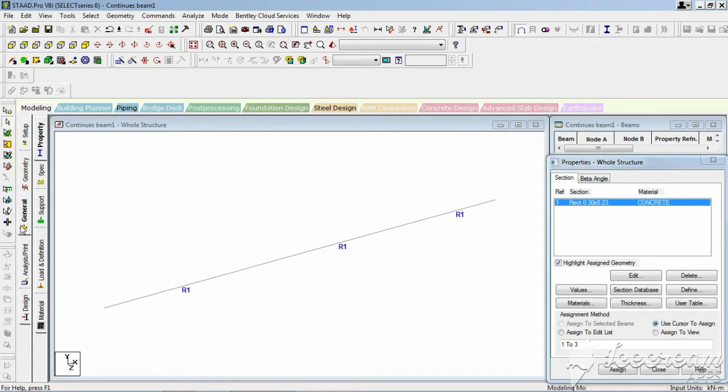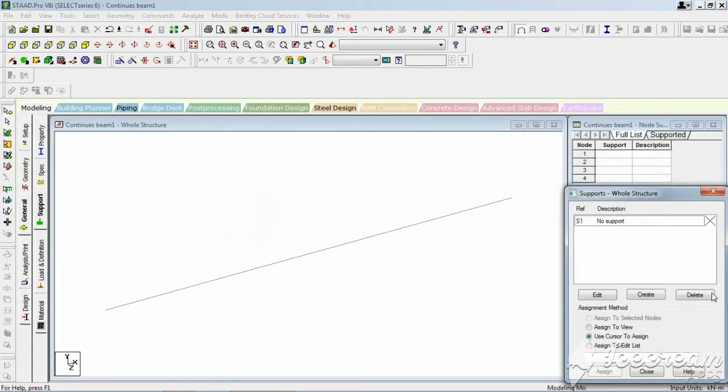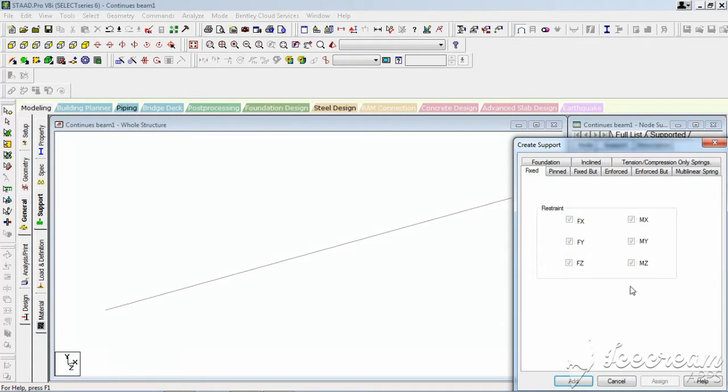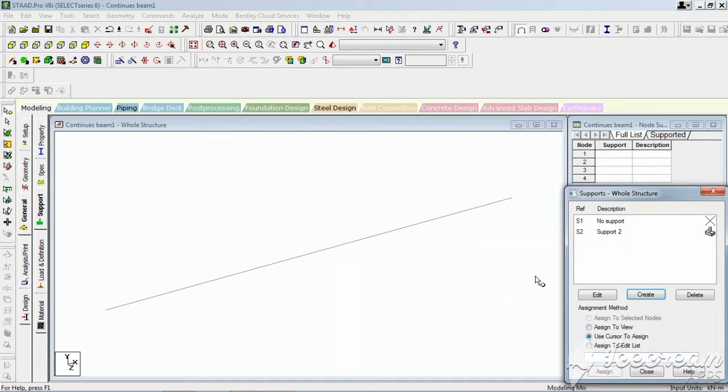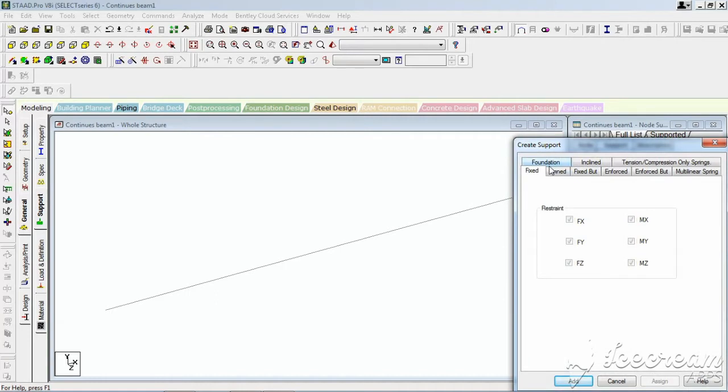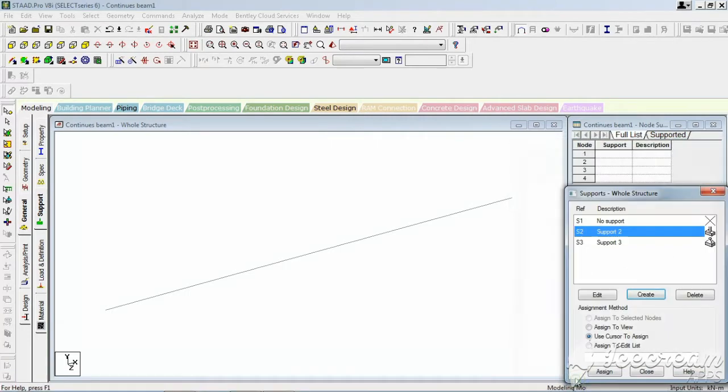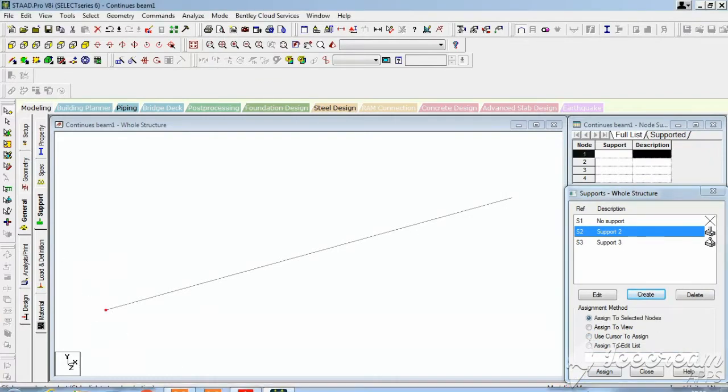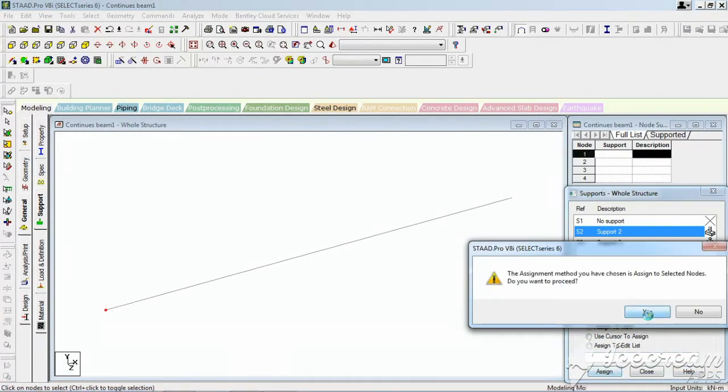Okay, and go to support and create a fixed support for this joint, and again create the pin support. Add, select this node, and assign.